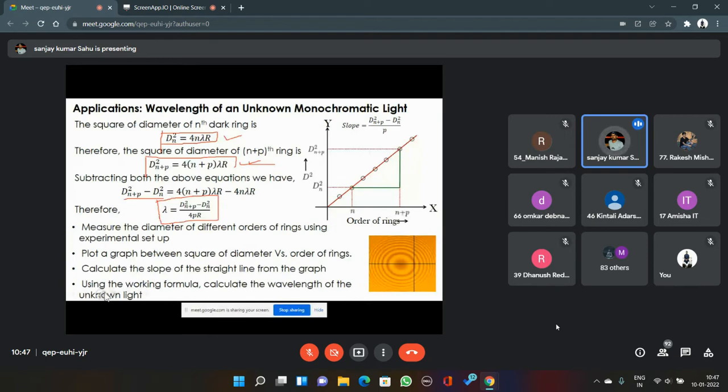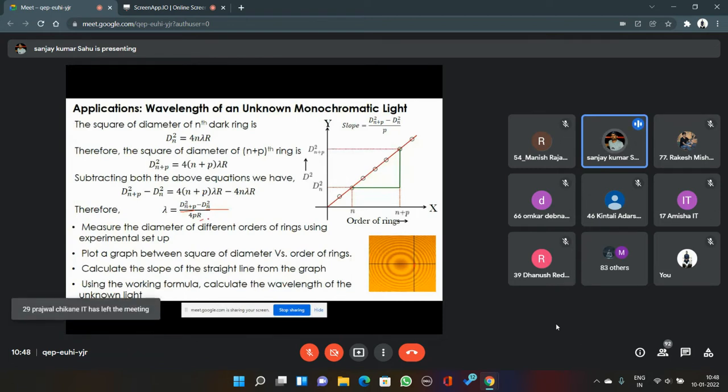Now, what are the things measurable here? The things we are going to measure are the diameter of the n plus pth order dark ring and the diameter of the nth order dark ring. After that, we divide by 4p and r, where r is the radius of curvature, p is a number, and 4 is also a number. So in that experiment, you have to measure, suppose, the fifth order dark ring and the 10th order dark ring, then subtract them